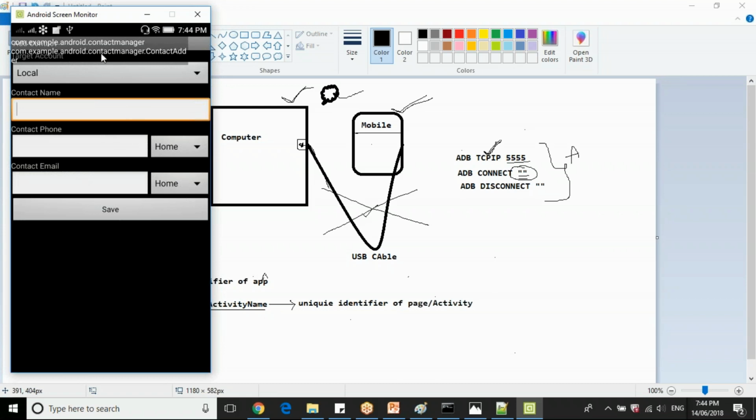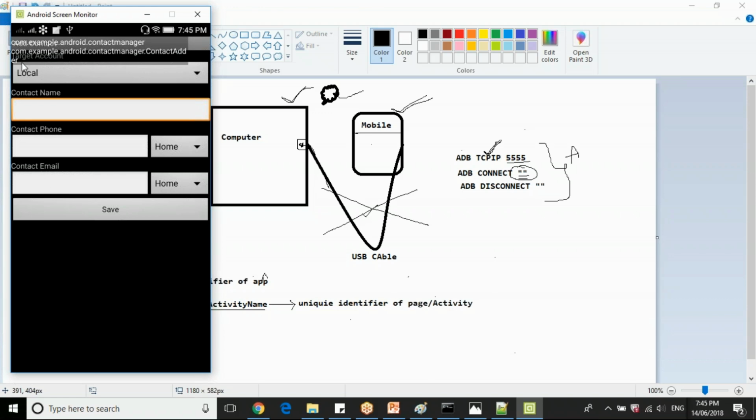For this page, your package name is the same, which is unique, and your activity name is different. The package name is com.example.android.contactmanager. Till the package name, everything will be the same, and your activity will be different. Activity is nothing but your page name.